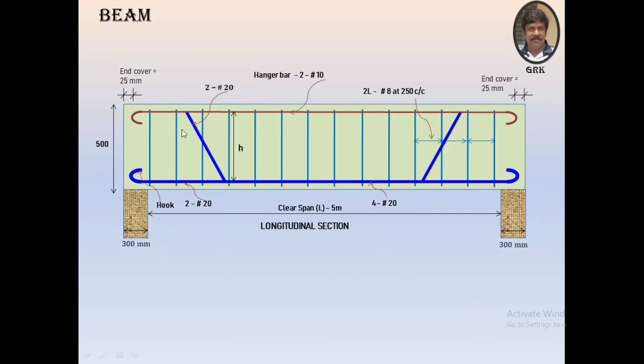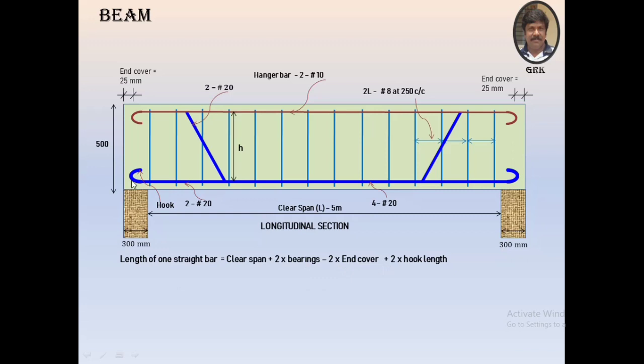We have reproduced this figure once again. Now let us start estimating the quantities. So length of 1 straight bar, as I explained earlier, is to be measured here. It is the clear span from here to here, equal to 5 meters, plus 2 times bearings. There is 1 bearing here, there is another bearing here, 2 bearings, minus 2 end covers. You can see this is the end cover,